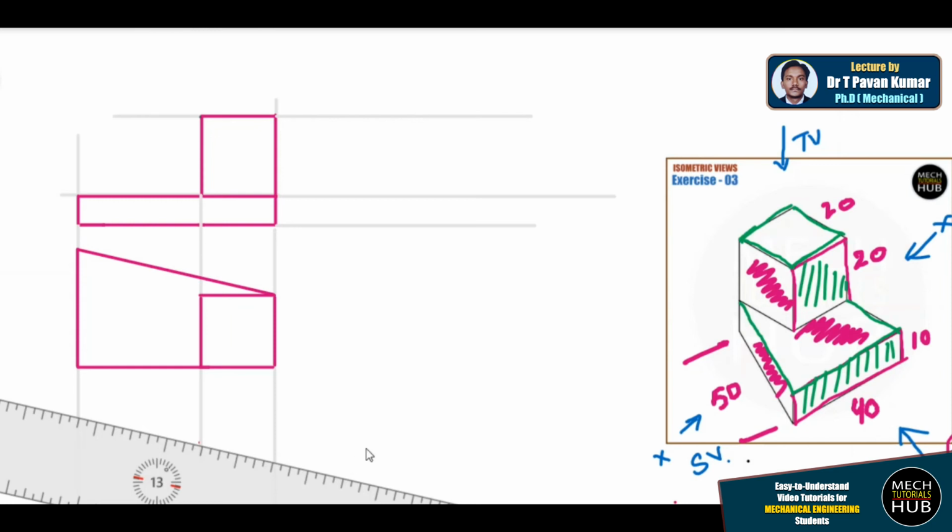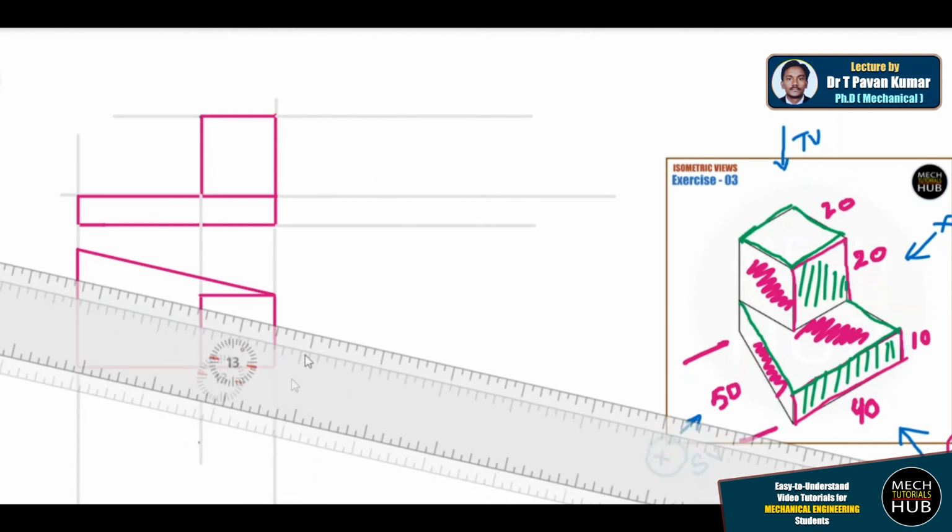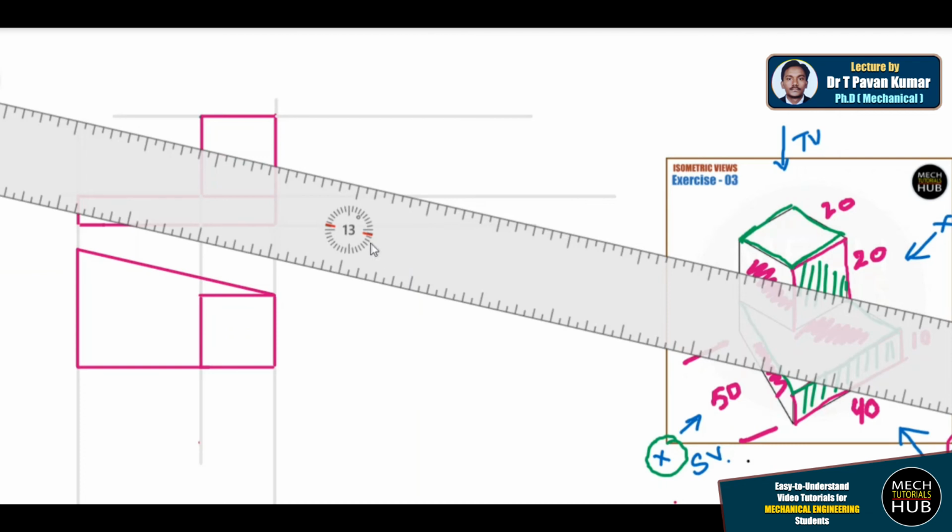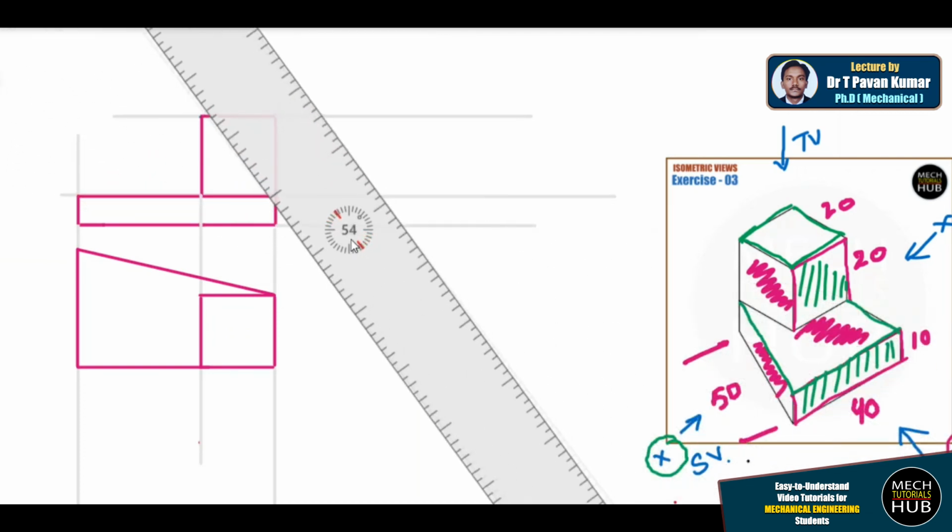Now change your position to the side. When I view from here, left side view, the view will fall to the right. The view I could see is again this rectangle, but not like an inclined or slant one. It will look like a simple straight rectangle. Now this rectangle is visible and this side of the box is visible, which is again 20 by 20, that you can show on the right side, because in first angle projection the left side view is going to fall to the right.